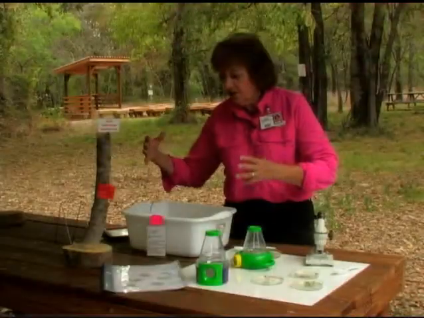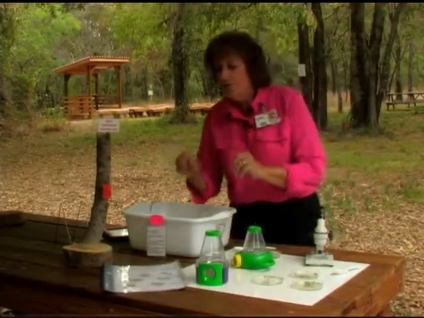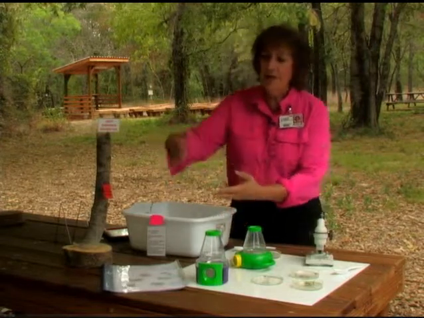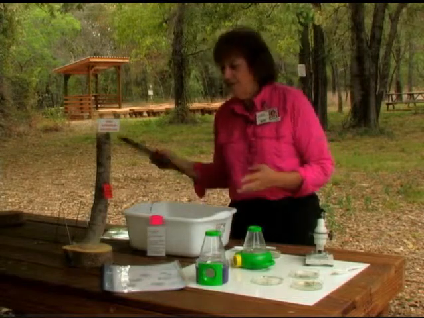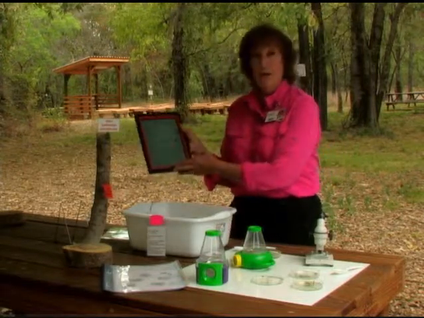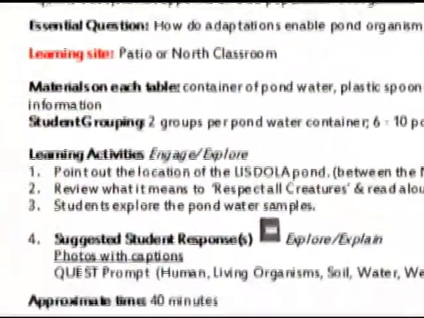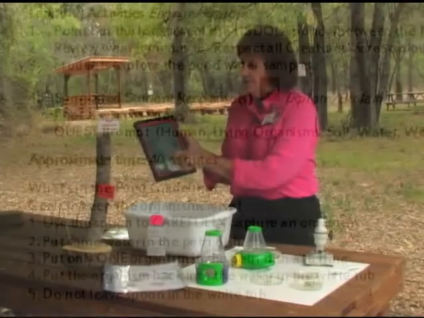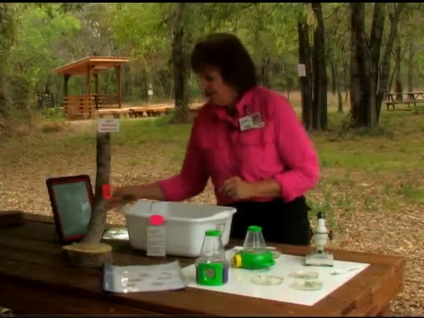This is your pond, and before you actually do anything, you want to just look. So teachers, the students will have no real formal directions for this. There won't be a number 1 do this, number 2 do that, but you as a teacher do have in your learning activities a description of the what's in a pond activity. So just read through that. You'll notice that after the students have had time to explore what's in their pond, the suggested response